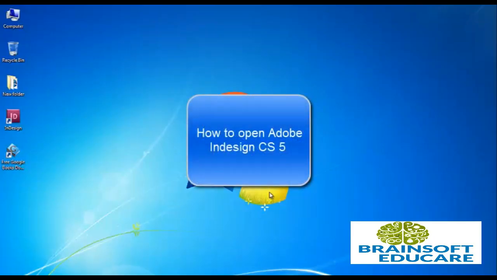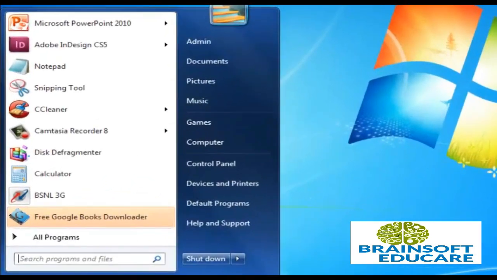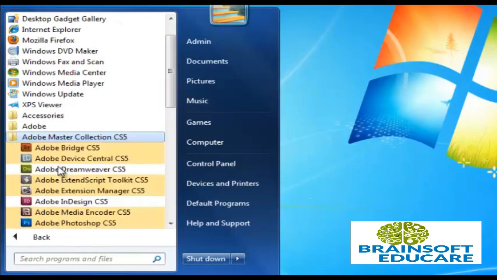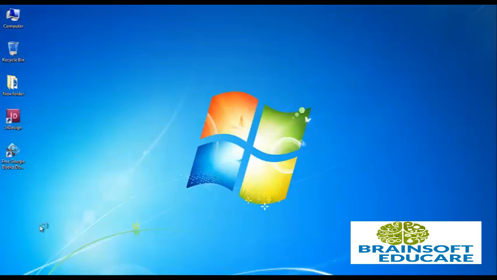Now let us see how to open Adobe InDesign CS5. Click on the Start menu, go to All Programs, select Adobe Master Collection CS5, then click on Adobe InDesign CS5.